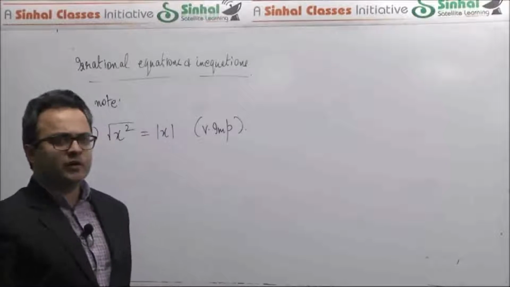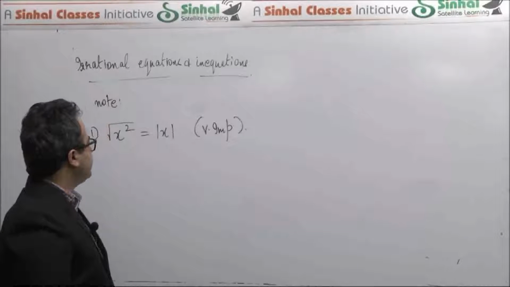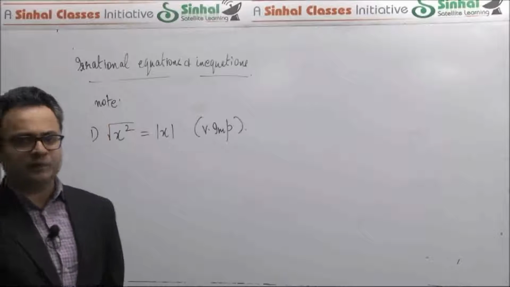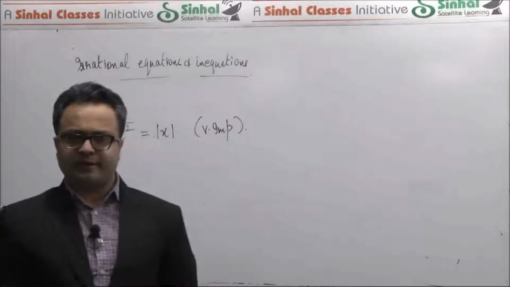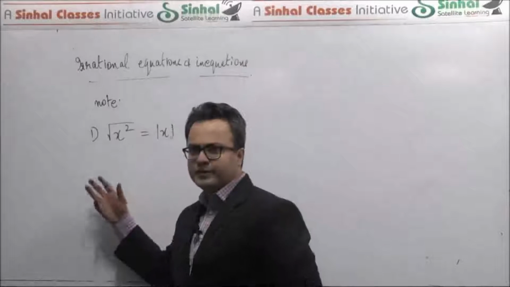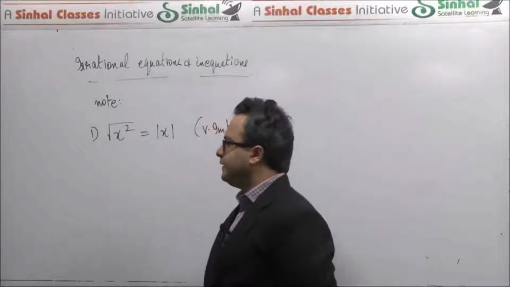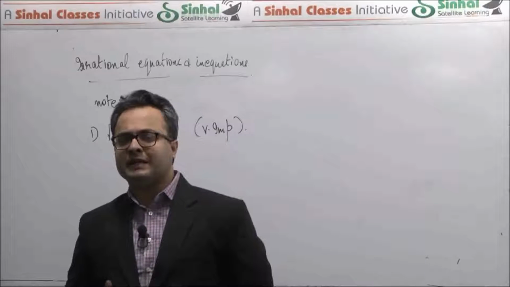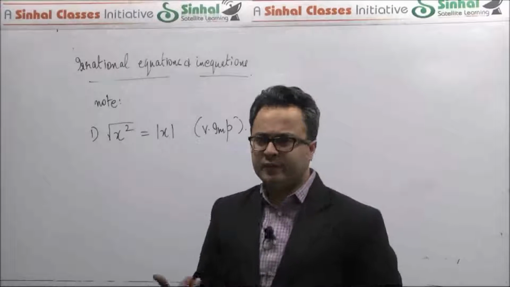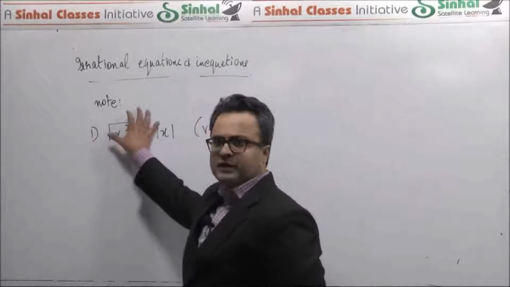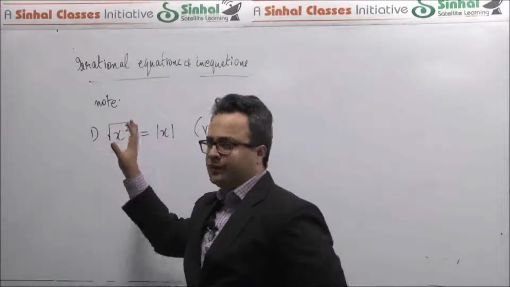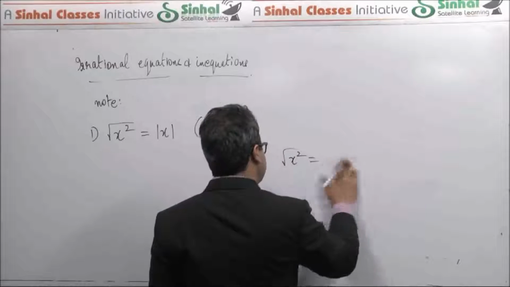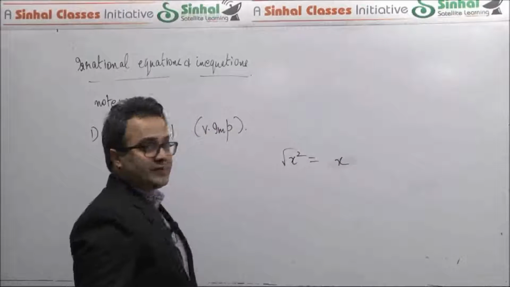So a couple of things that we can now observe. First of all, this result, that root of x square will always be taken as mod of x when you're solving equations or inequalities. This is very, very important, and it is something on which sometimes a lot of tricky questions are made. So whenever you have a root of x square term, it will always necessarily be taken as mod of x. And the reason is, from what we discussed, root of some expression is a value which will always be greater than or equal to 0. So if you say that root of x square is only equal to x, then for x equal to minus 2,